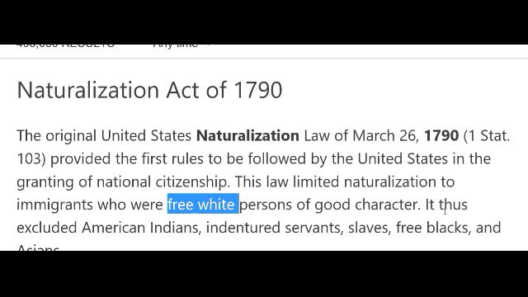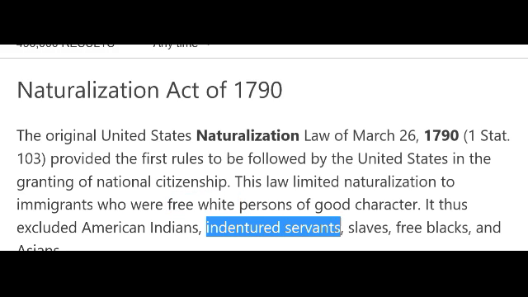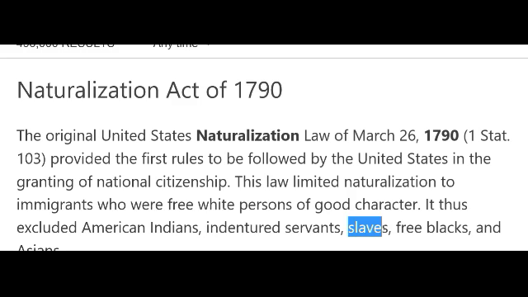And it shows you some other status, like the American Indians or the indentured servants or the slaves. These are different statuses. And here's free blacks. So free blacks is a status that isn't a slave that occupies the United States at this time. And they are represented in the law here. It says their status right here very clearly.